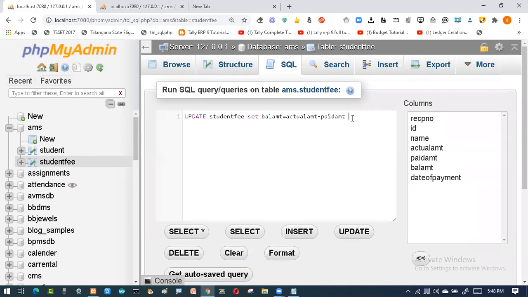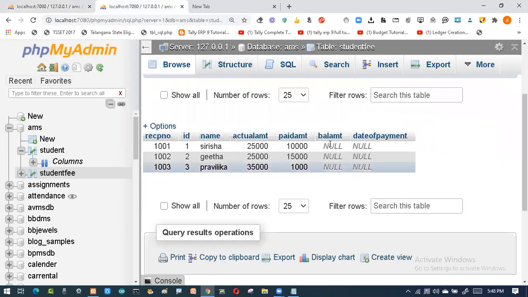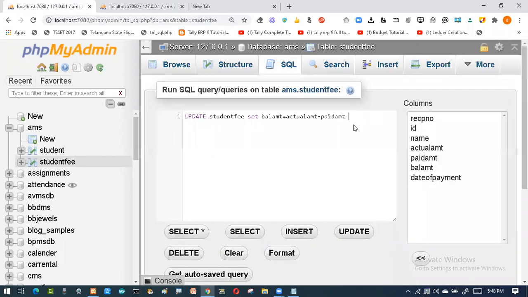So the complete syntax, when you write in the exam, you have to write the complete syntax. Depending upon the scenario, you have to write the exam. So this is a scenario, it demands that the balance amount should be calculated for all. Now you can say, happy sir, give me less than 1 minute, I will give the output, what is the balance amount.